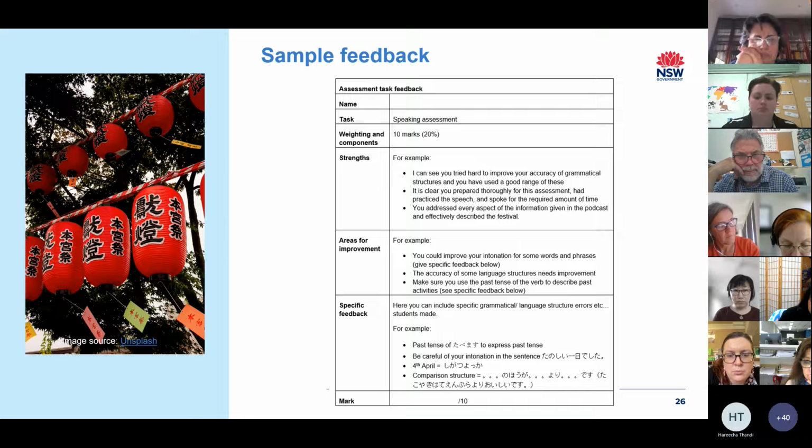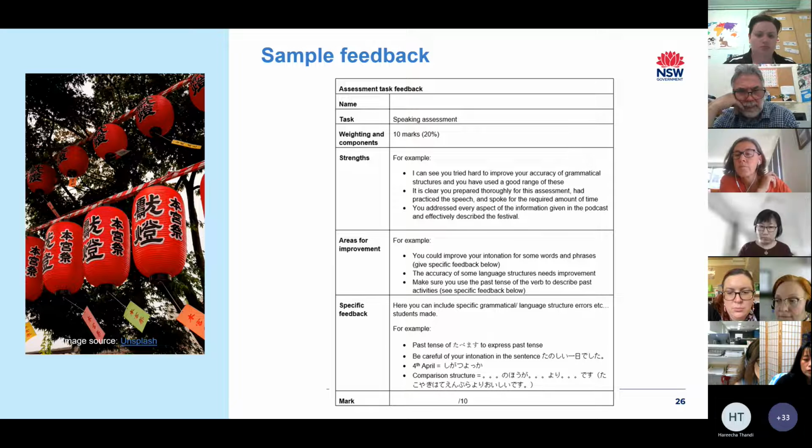Which leads me to sample feedback. When marking assessment tasks, you should provide meaningful feedback to show areas of strength and areas for improvement. Here's an example of a feedback sheet for the task we just looked at. Often teachers, myself included,